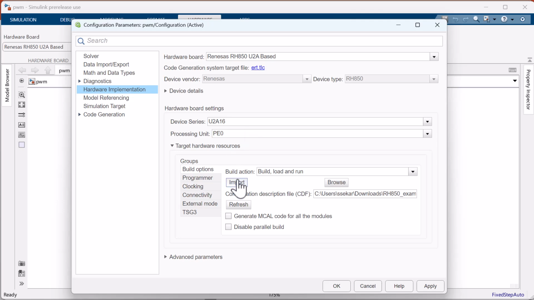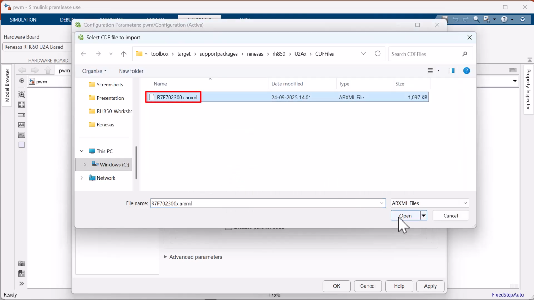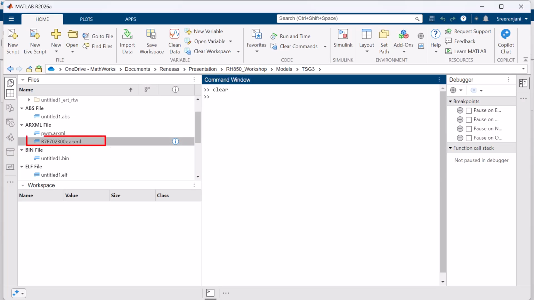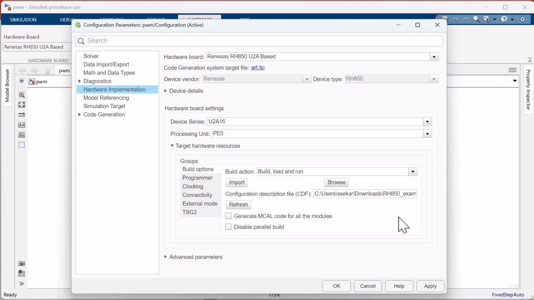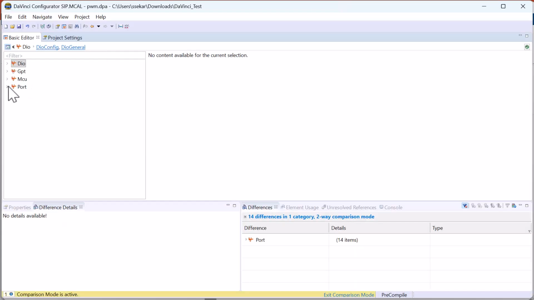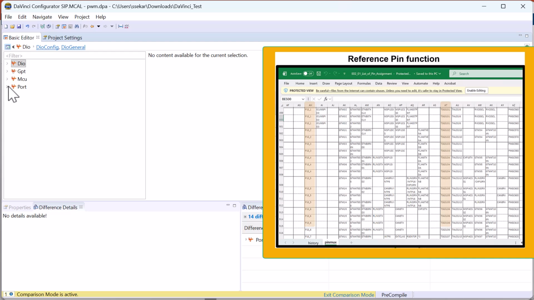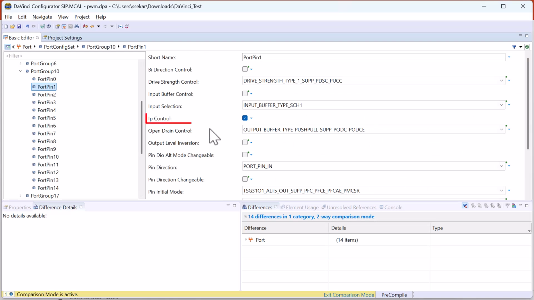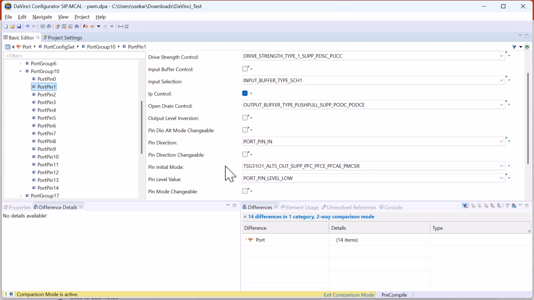By clicking on Import and selecting this ARXML, you would be able to see the default CDF imported in the working directory. To configure the TSG3 signal pin, open DaVinci Configurator. I have created a new project and imported the default CDF from the MATLAB working directory. For the TSG3 signal port configuration, you can see from the pin function that port group 10, pins 1 to 6 have the alternate function of TSG31. Enable the input control and set the pin initial mode to TSG3 for all the port pins 1 to 6